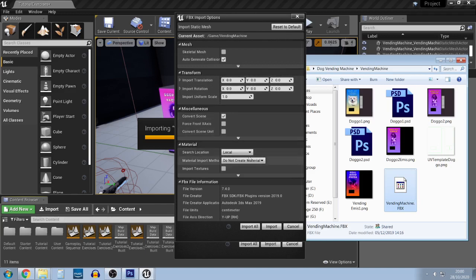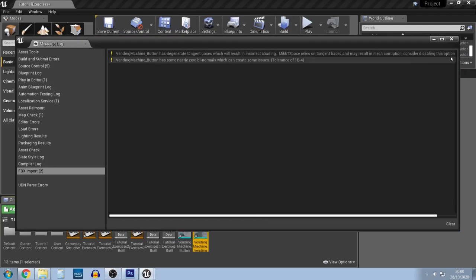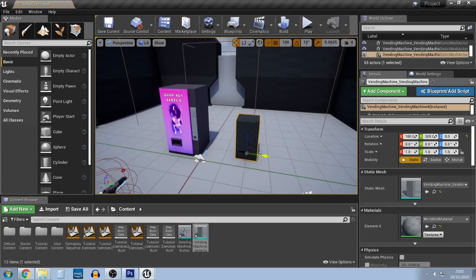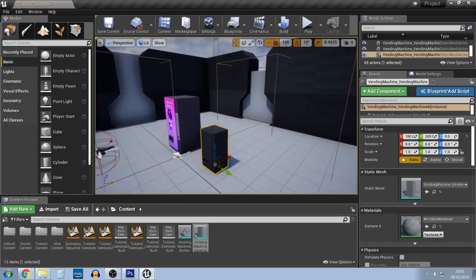Yeah, and then other than that, the only thing you probably want to think about is tell it to not create a material. Yours won't be set to that. Basically, just because we're going to create our own material afterwards. So, and then just click import. So I can close that. There's no worries about that. You see we've got the button as well, which we don't really need, but you know it's there if we need it. So if I just import that now,